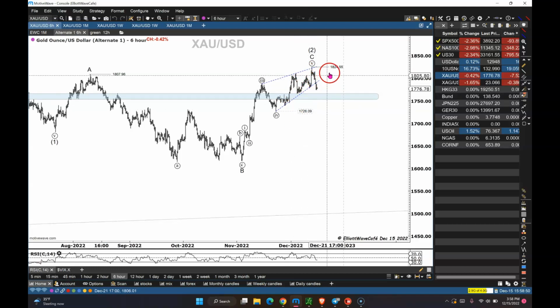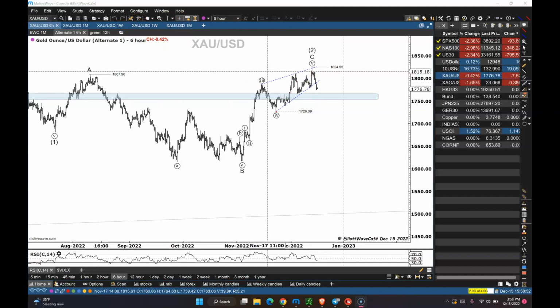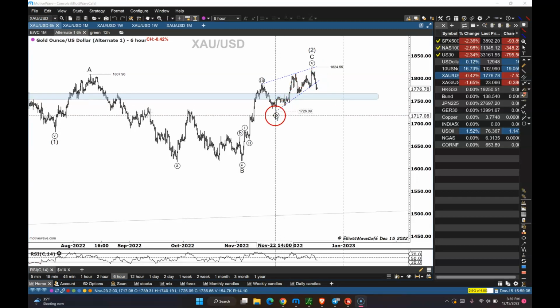So it would have been an ending diagonal if gold would have made one more new high, which would have been like this, 3 waves up. And then let's say that was 3 waves down. So 1, 2, 3. Then you would have done a 4 and a 5. That would have been an ending diagonal. The way it is set up right now, it's a 1, 2, 1, 2, 3, 4, 5. So that's your 3. You can see it in there. 1, 2, 3, 4. A, B, C, D, maybe a small E in there, and then a push higher in fifth wave. So that's how I'm kind of looking at it for now.